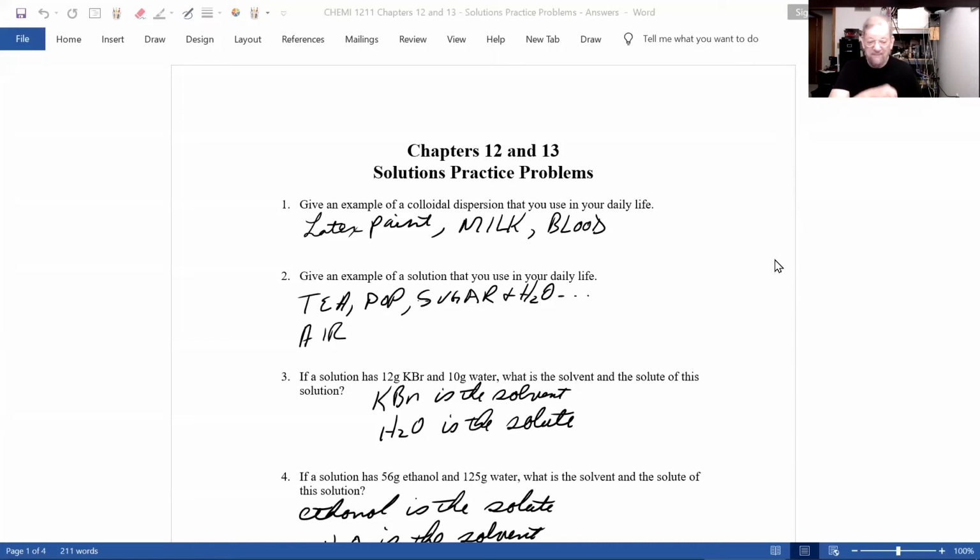And we could have tea, pop, by the way. Dr. White is from Chicagoland, except for the 5 years I lived in Michigan when I got my PhD at Michigan State. And the stuff you get in a can or a plastic bottle that's carbonated and non-alcoholic, we call that pop, not soda. I have to think of what they call it on the East Coast. I don't know what they call it on the West Coast, whatever. But anyways, pop, like 7-Up, Coke, or good stuff, Dr Pepper, Vernors.